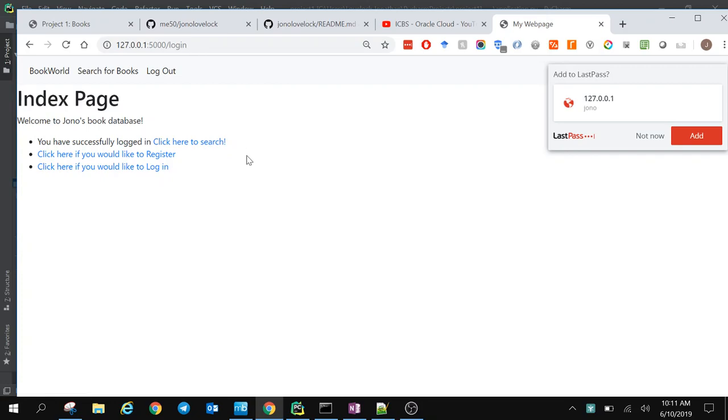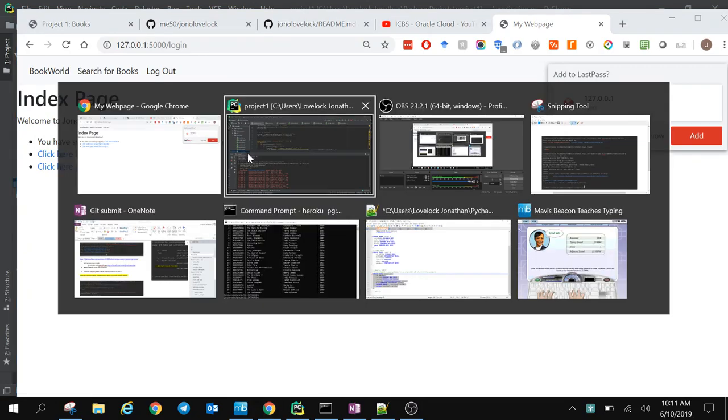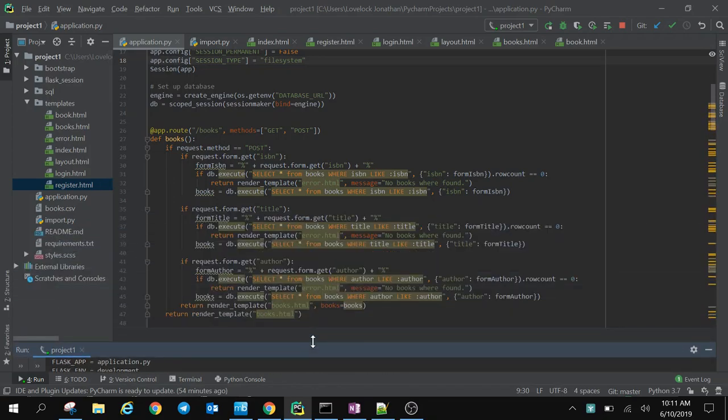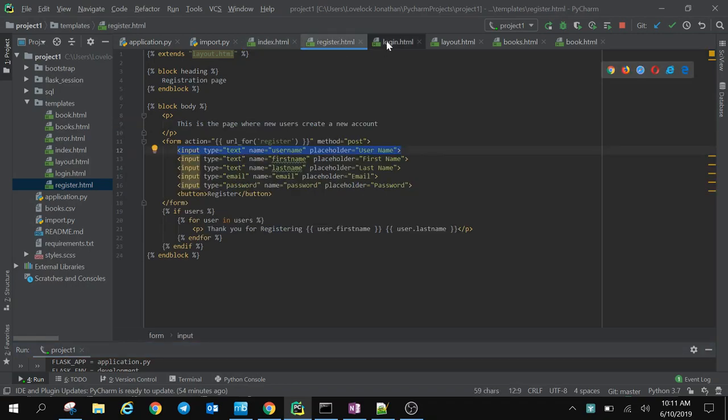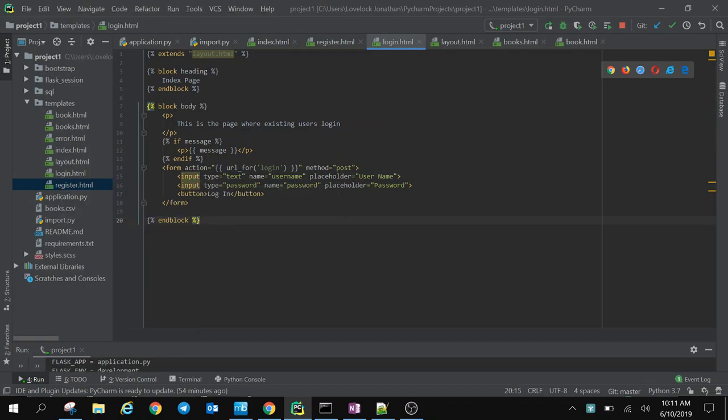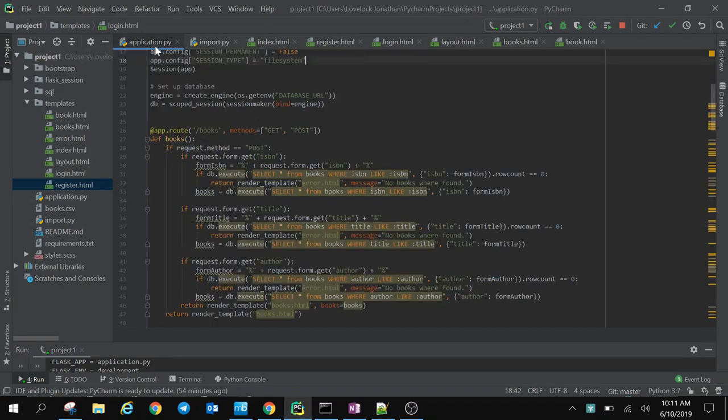Now before I go to search, I'll just bring it back to the underlying pages. So obviously my application.py file actually holds all of my logic, my routes, and my APIs. What you've just seen on the front end is a run through of the index page, the registration page, and the login page. And each of these pages effectively has links that will call routes on the application.py page, and